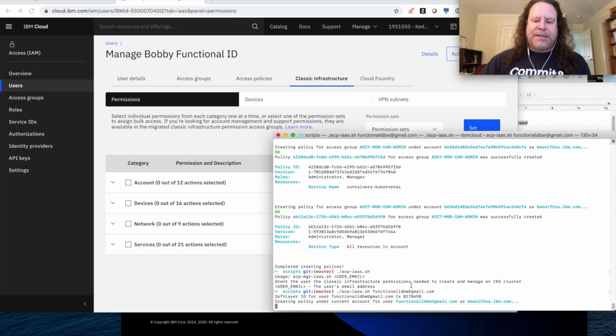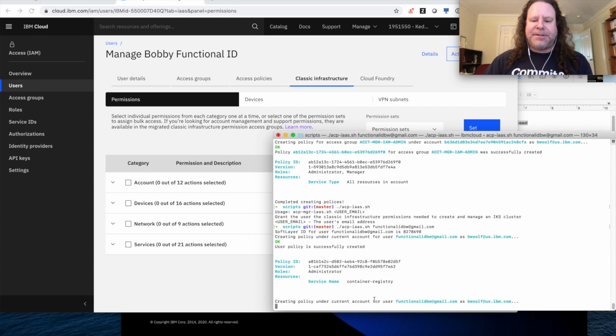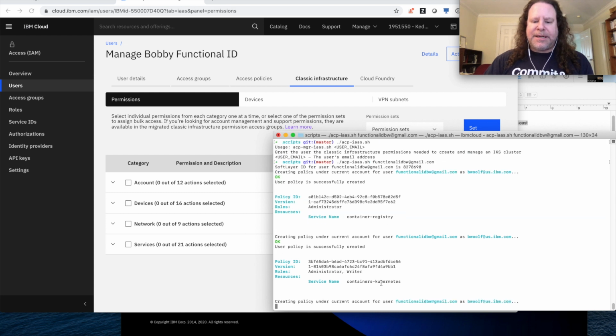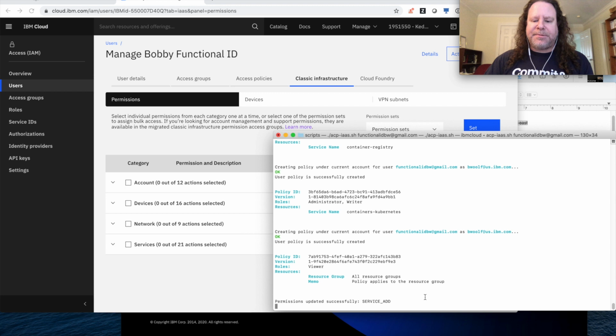And what we're going to see is that it's going to set up 3 policies that Kubernetes service needs to be able to create clusters. It needs access to the container registry, because that's where images come from. It needs access to the Kubernetes service itself. That's pretty obvious. And it needs access to resource groups, because as we'll see, resource groups are where clusters end